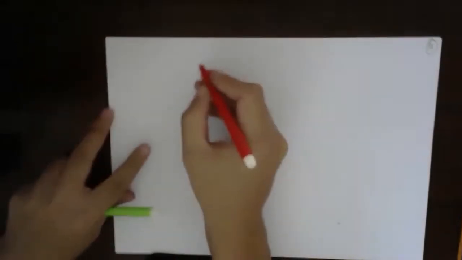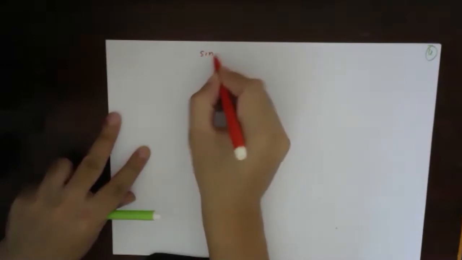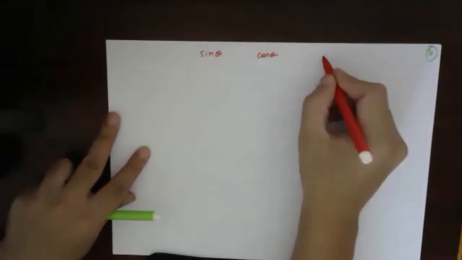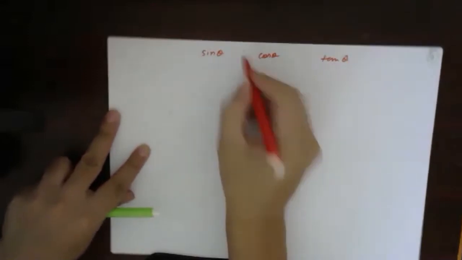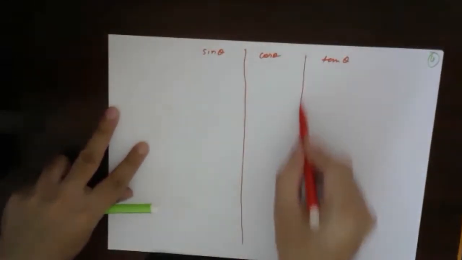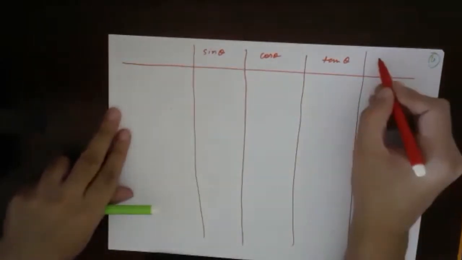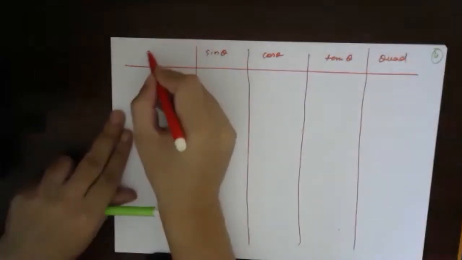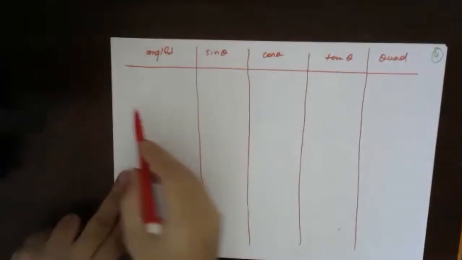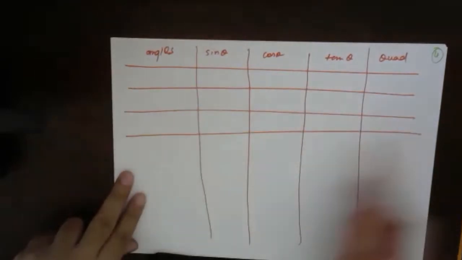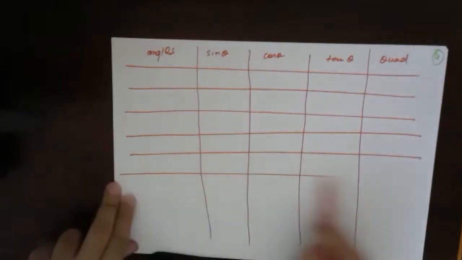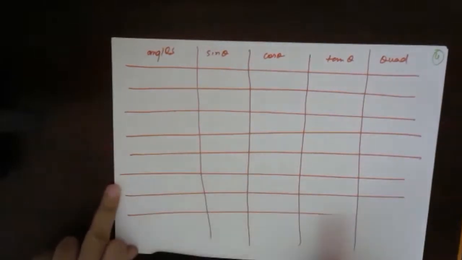Okay. So let's see. Again we have sine theta, cos theta, and tan theta. Here I will write quadrant, and I am writing angles here. So now let's see the angles. I will write them as